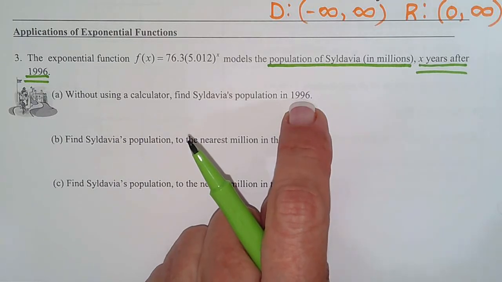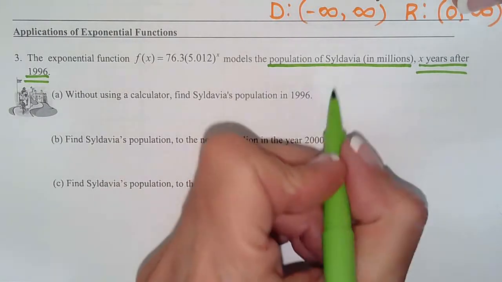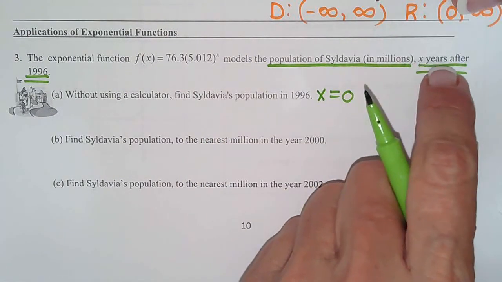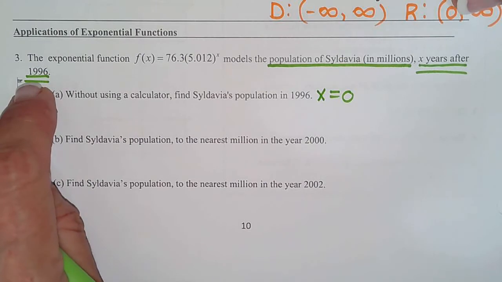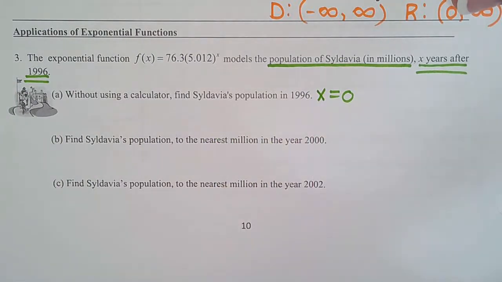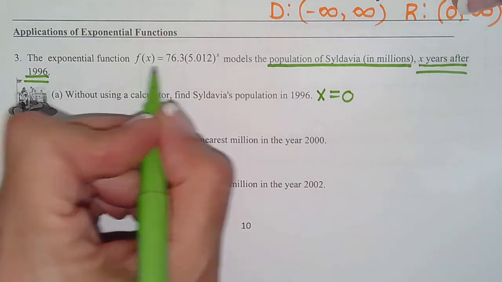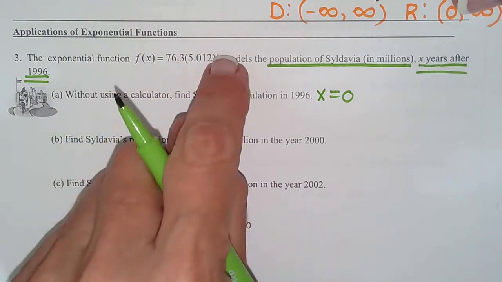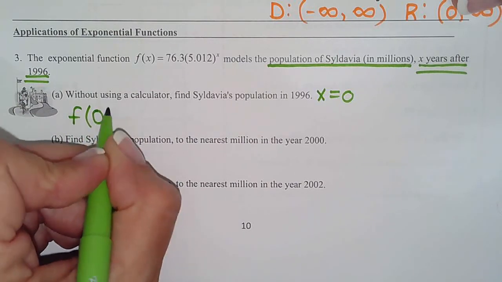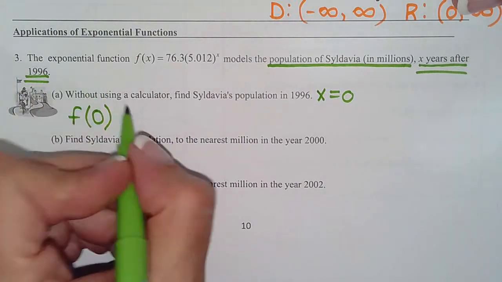It's 0 years after 1996, so x is 0. Because x is always how many years after 1996, and this is in 1996, x is 0. So I rewrite my equation with all the x's filled out as 0. So the function value for 1996 is